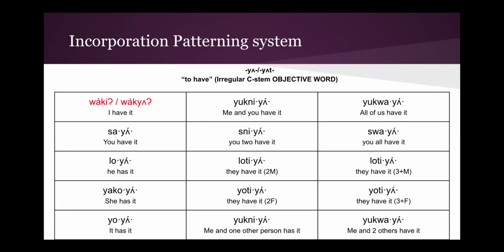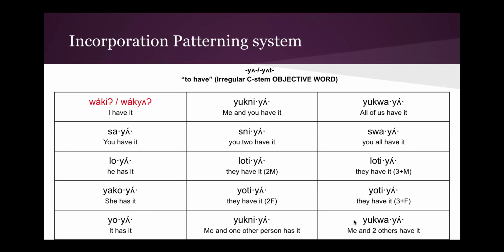Yago, young, she has it. Yo, young, she or it has it. Young, Yungni, Snee, sneon, lodi, lodion, yodi, yodion, yungni, yungnion, and then finally this column, yungwai, yungwayan, swai, swayan, lodi, lodiyan, yodi, yodiyan,